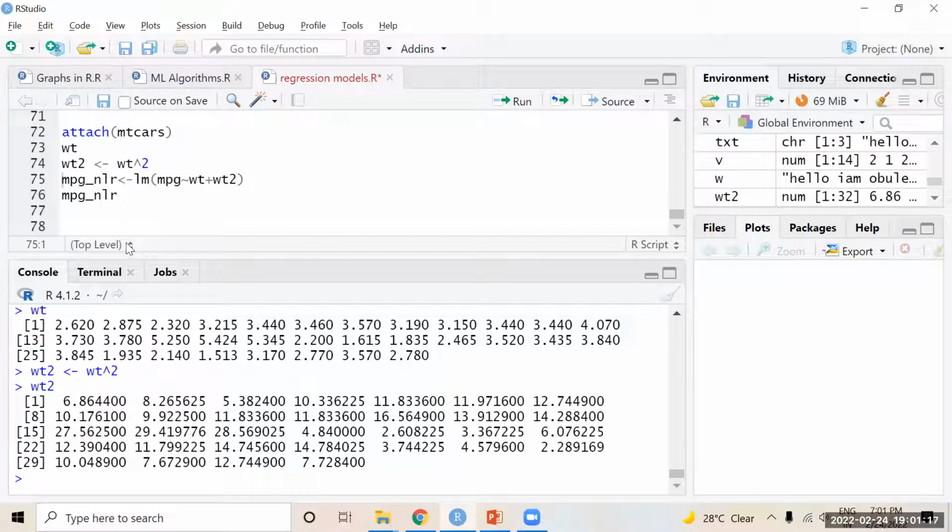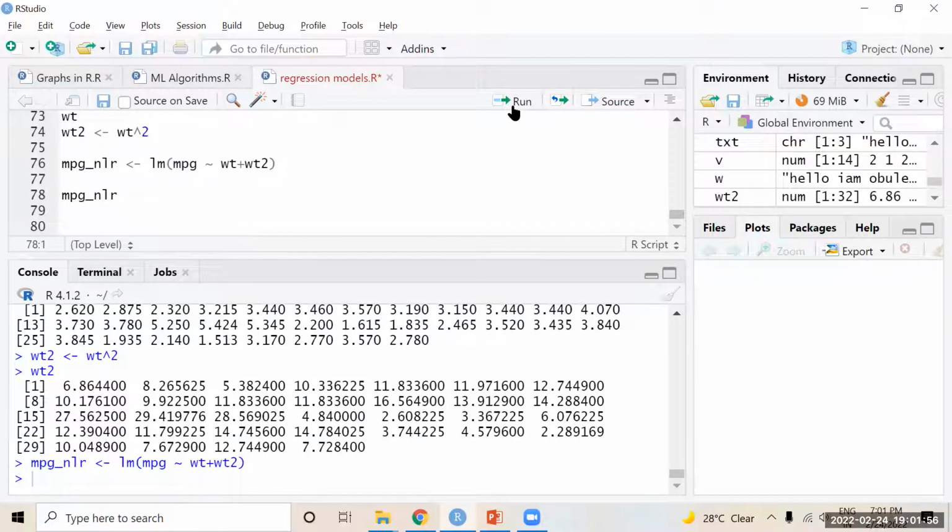Okay, so these are the squares, calculating and storing. Now I'm actually creating a nonlinear model. We can say that lm is a linear regression, and then WT plus WT square. So this is not WT2, this is the squared values. So this is actually y equal to W0 plus W1 x power 1 plus W2 x square. This x square will be weight square, x1 will be weight. That result will be stored in NLR.